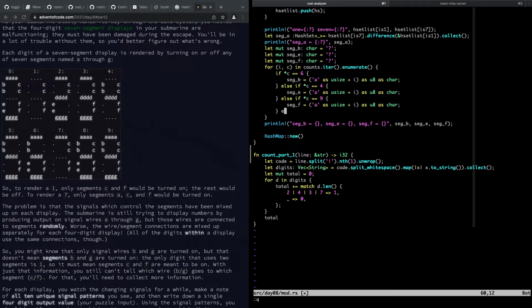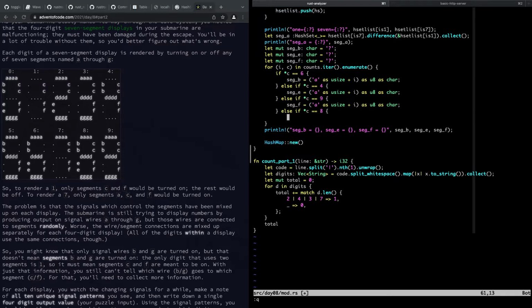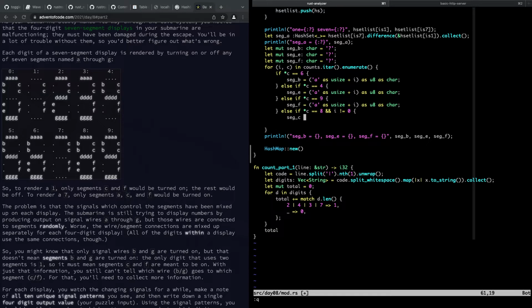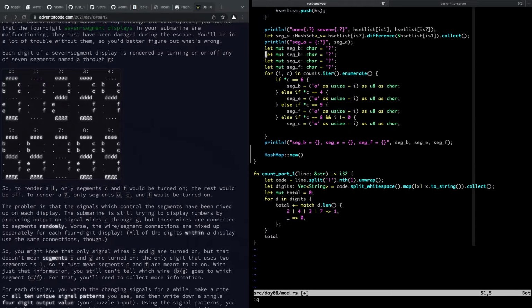So we can say else if C is 8, then we have to say, are we on segment A? Which would be I equals 0, right? And I is not 0. Then we can do seg C is equal to this mess. Right? So let's add that